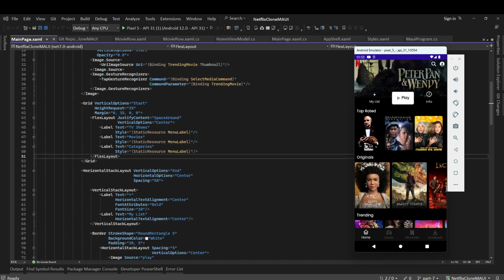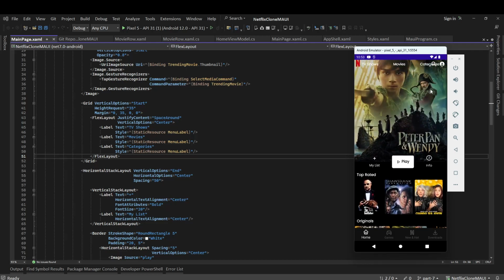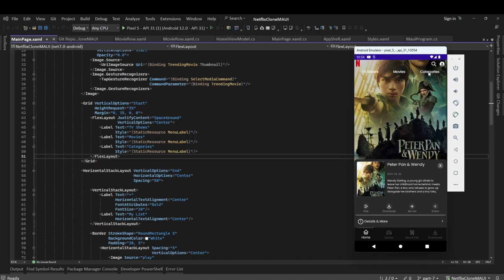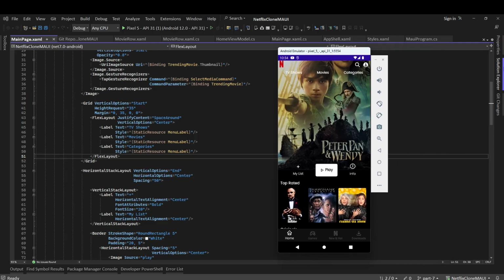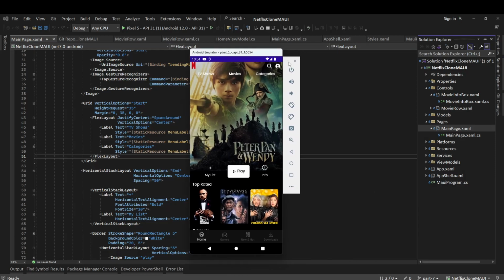And now let's continue. In this part, the first thing we are going to implement is this categories menu. When we click on this categories, it should open a modal pop-up from the bottom. And in that we are going to show the list of all the, let's say, genres. Maybe let's have the genres list here. Fine. So for that, first we need to create a